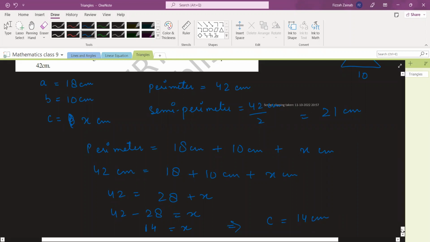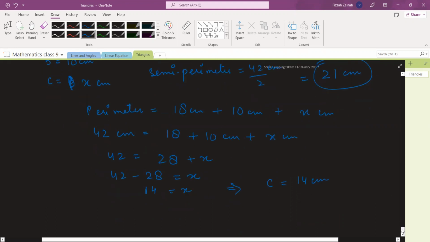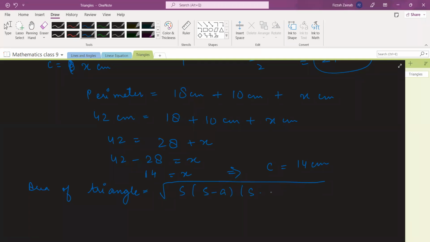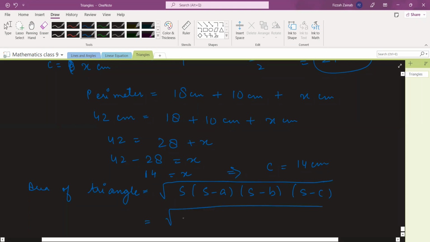So you have got the third side of the triangle and you have also got S. Now you can find the area. Clear? So area of triangle is equal to, by Heron's formula, under root S into S minus A, S minus B, S minus C. Right? The value of S is 21 into 21 minus,